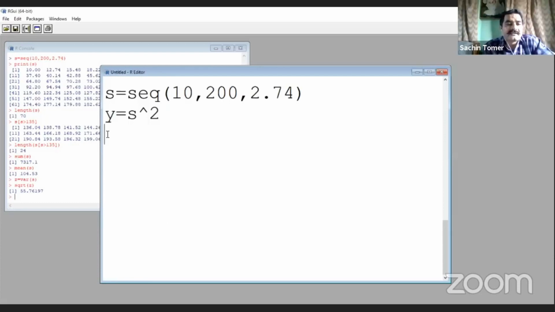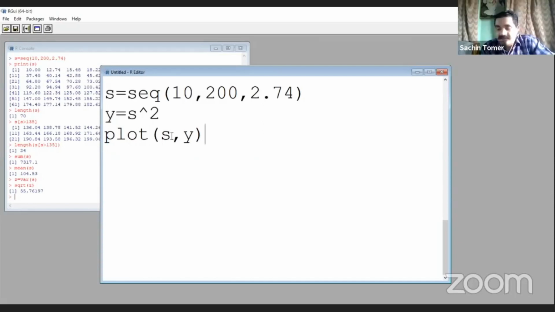Scatter diagram actually tells us about the correlation. It shows whether positive correlation is there, or negative correlation is there, or correlation is 0. It will provide us the degree and direction of the correlation actually. So for making the scatter diagram, there is a command plot, bracket, what we want to plot, S comma Y. We want to plot S comma Y.